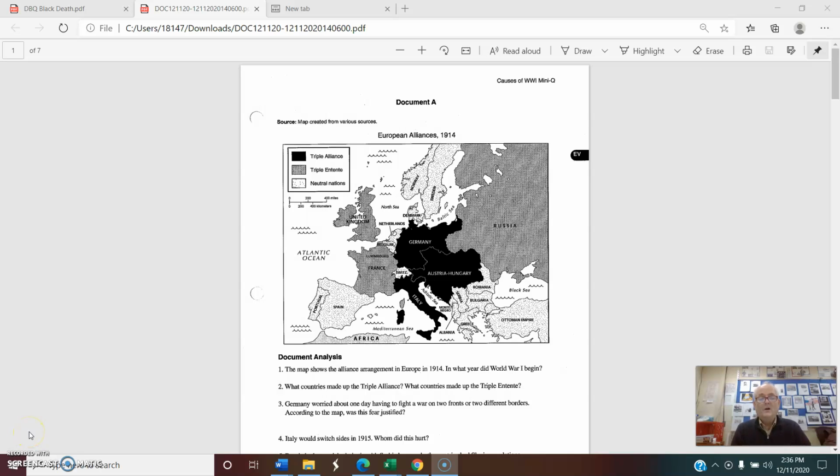Okay, folks, our purpose here is to look at a new kind of exercise. It's called a document-based question. Essentially, what you have is documents that are like evidence. If you imagine yourself, for example, as a detective or an attorney making a case, you want access to the